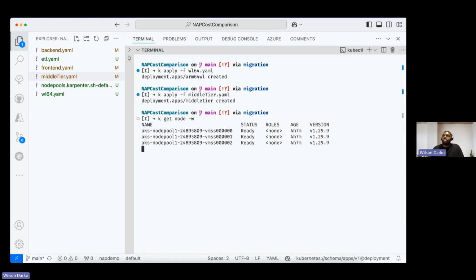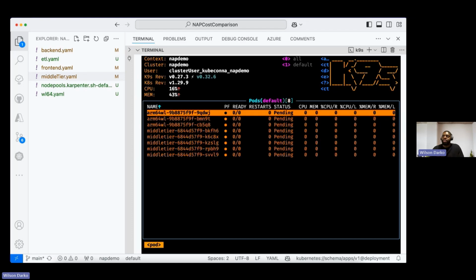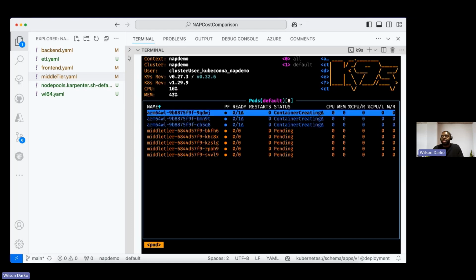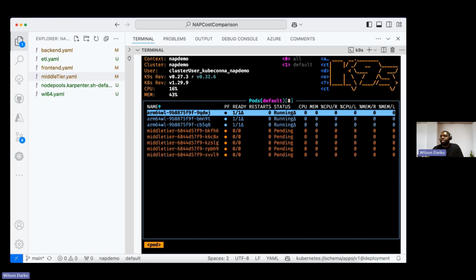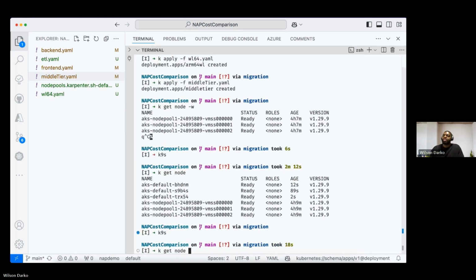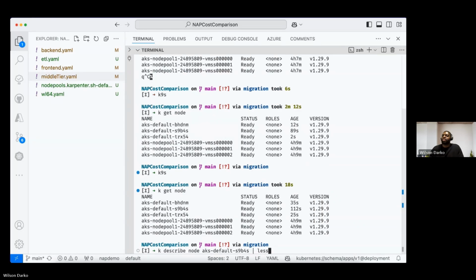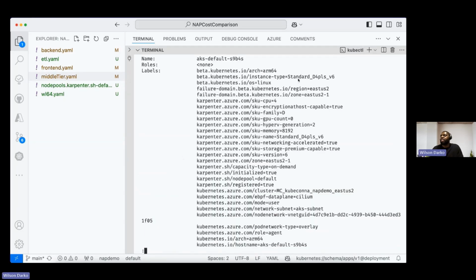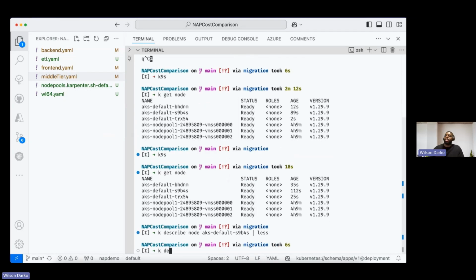Okay, we're going to get the nodes to just see the information. We have these 3 nodes here, and then we're going to use K9s, which is a tool to observe what's happening in the system. We could look at the pods here and see that they're being provisioned and scheduled. And then let's see what the actual architecture for these look like. Okay, let's describe the node. And as we can see, we have a D family type in an ARM compute for a Linux system. And then we can check another example to see that that one is AMD.